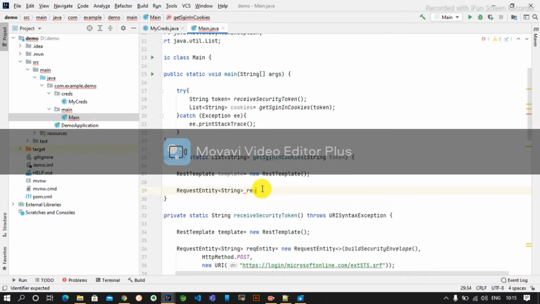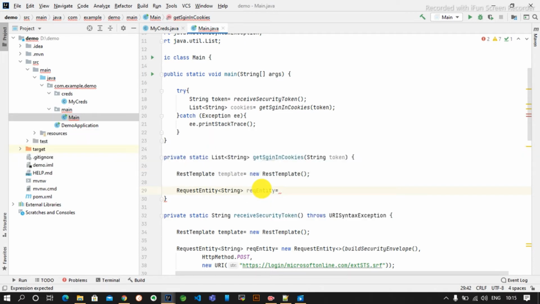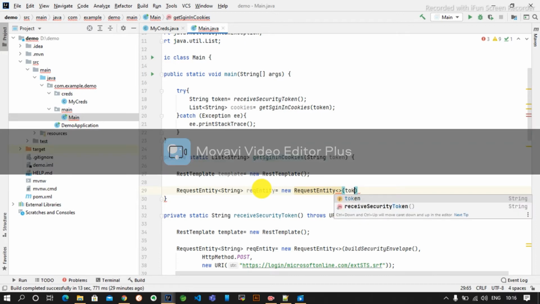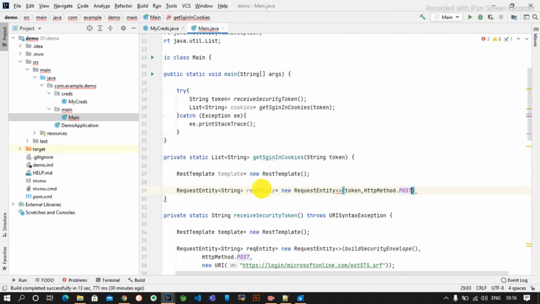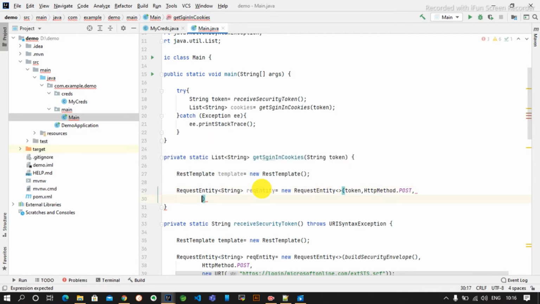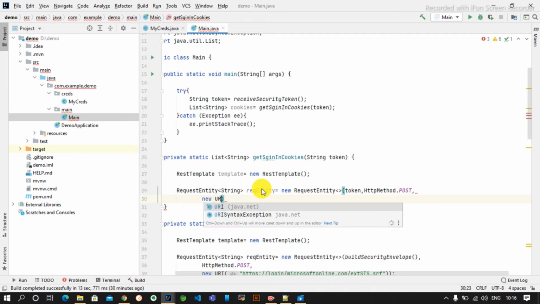Again we will use a request entity to create the request entity value, simply new RequestEntity, and in this bracket we will use whatever token we have got. Then what type of method is this? Since we are sending something, it is a POST method only. Then we have to use what endpoint we need to hit.